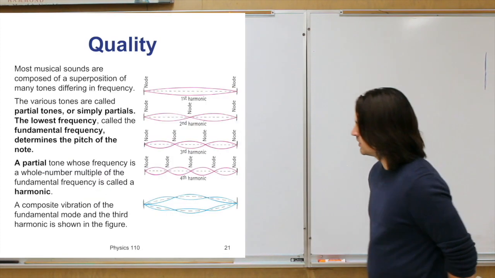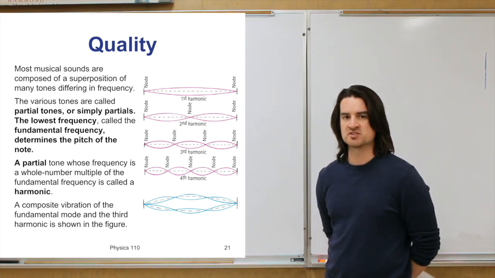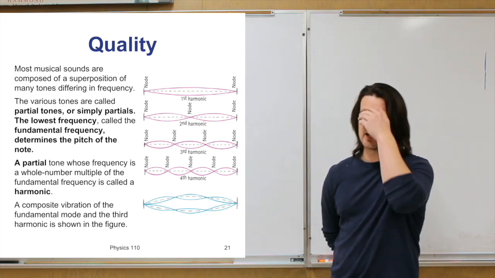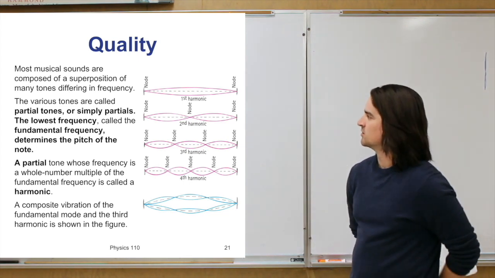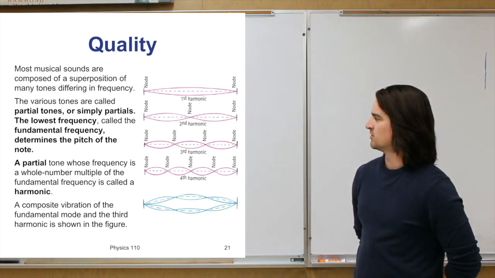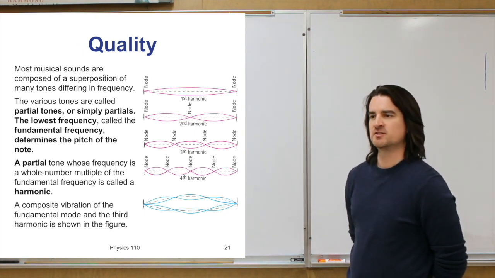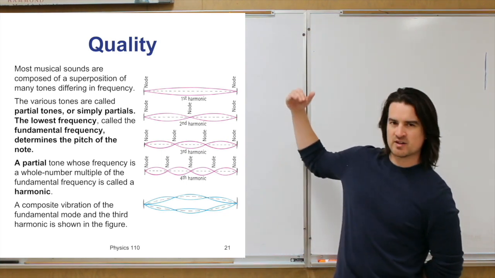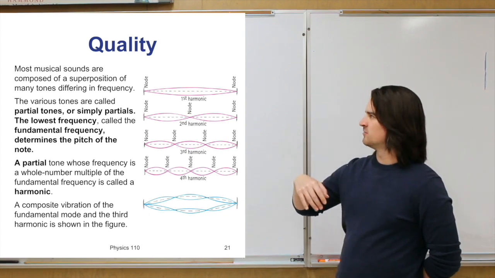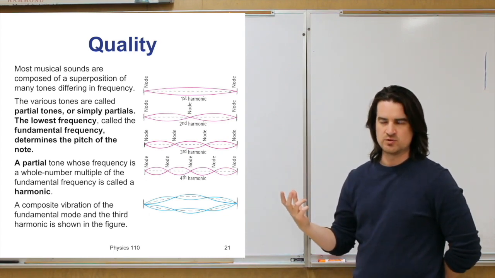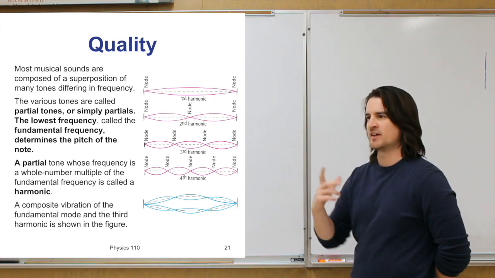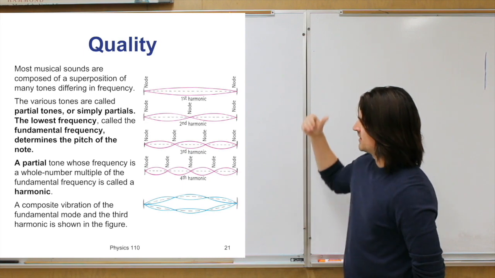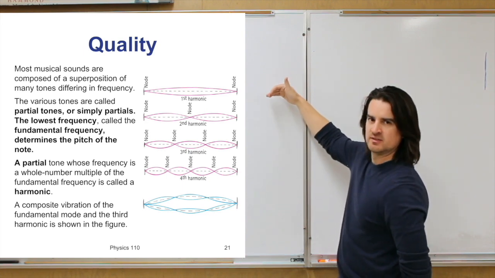Okay, so why do two different instruments that are playing the same note sound different? Well, it depends on the quality of that sound, and the quality is a measure of how pure that tone is, or how pure that pressure sound wave is. As I mentioned before, when we're talking about different musical notes, say we just keep harping on that C note at, say, 32 hertz. If we were to represent that as a vibrating string,